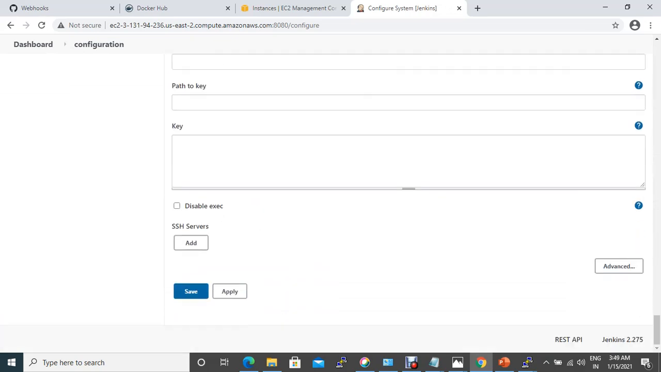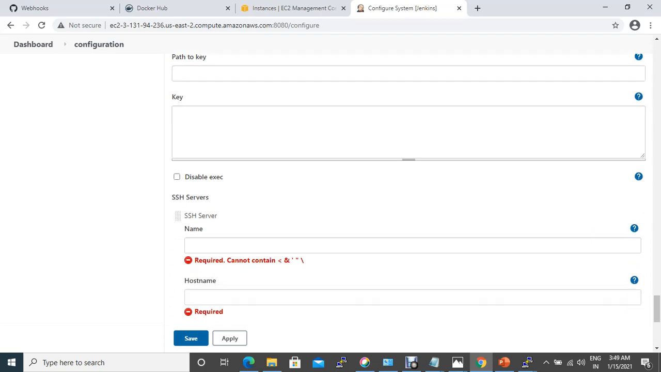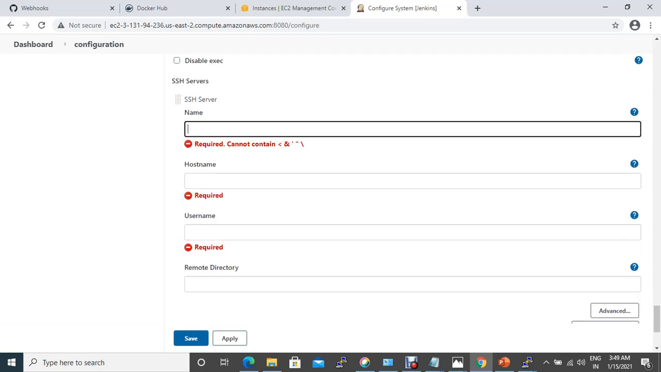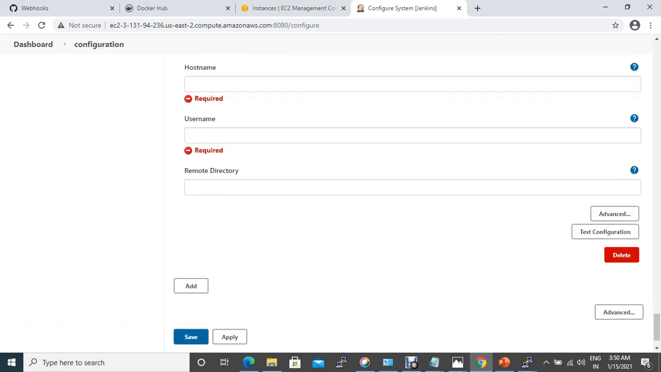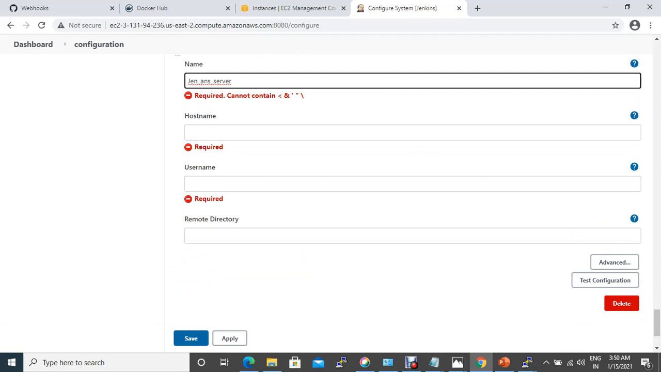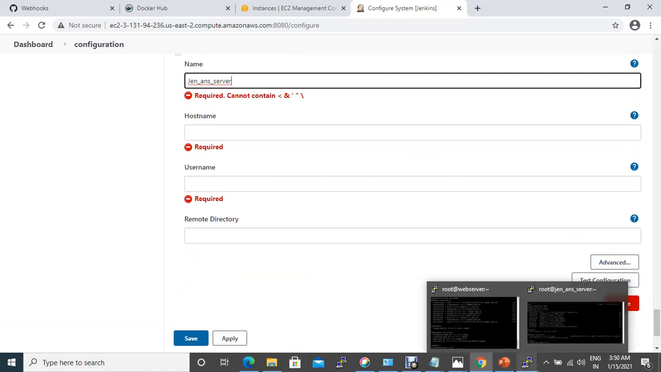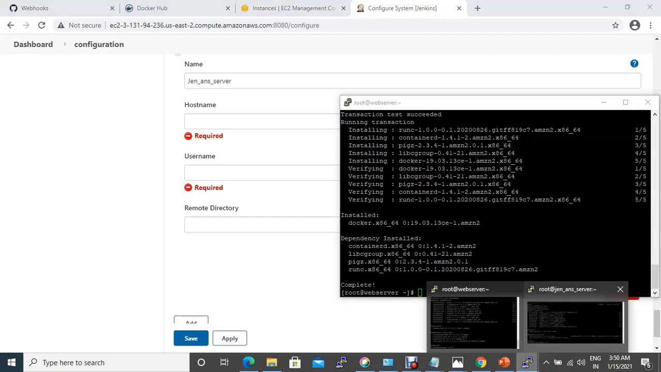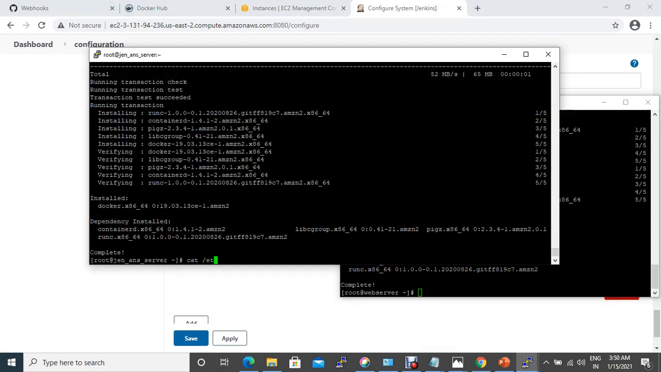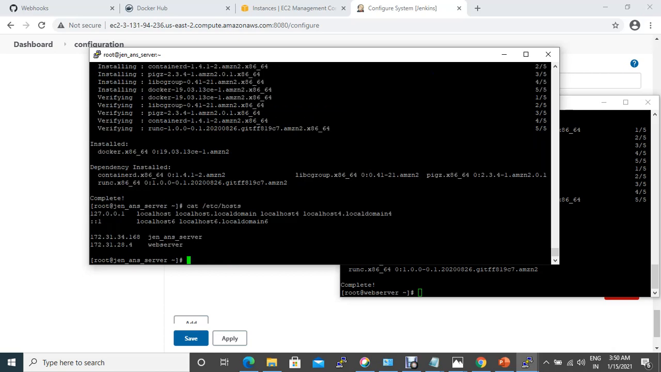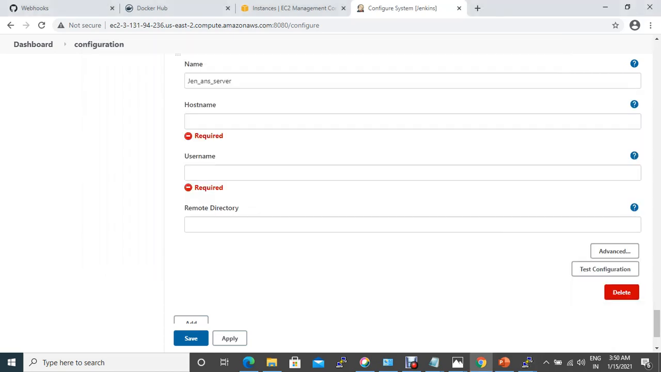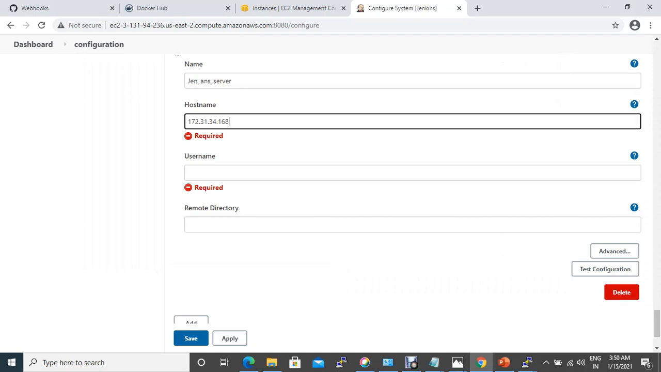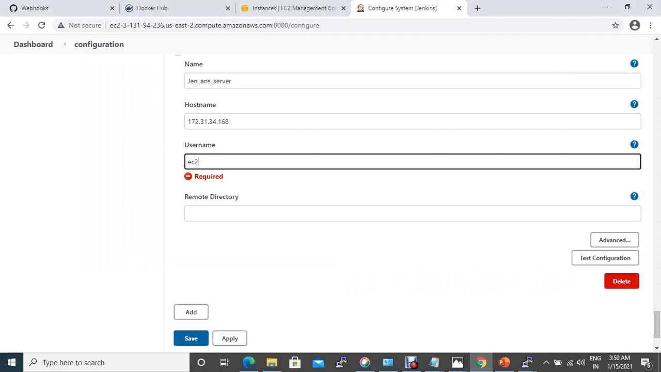And here, SSH servers, let's add the first Jenkins server. So Jenkins, Ansible server. So what we do is, let's come to the username and the host name. Let's grab the IP address. So the IP address for Jenkins is this one. Let's add it here, and the username is EC2 user,